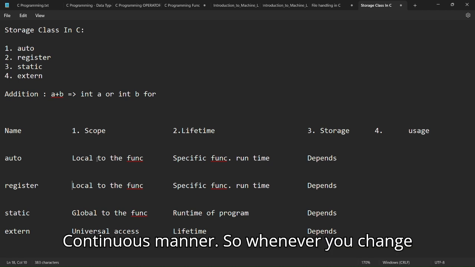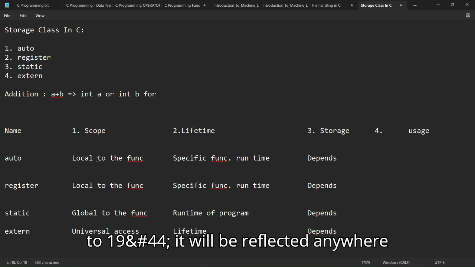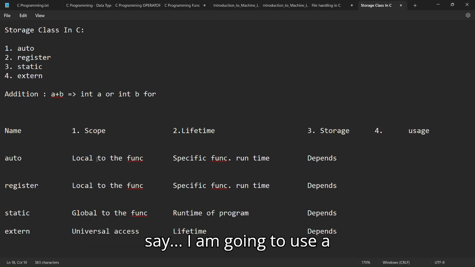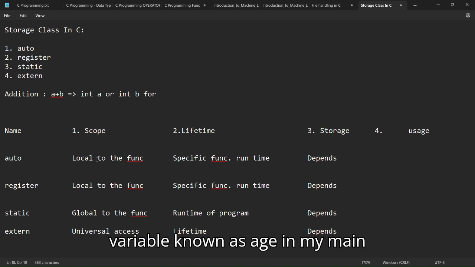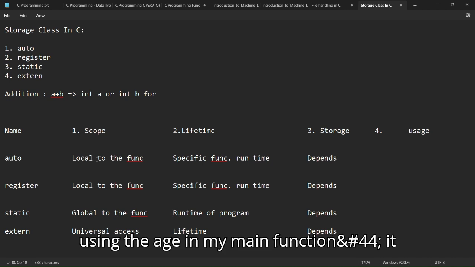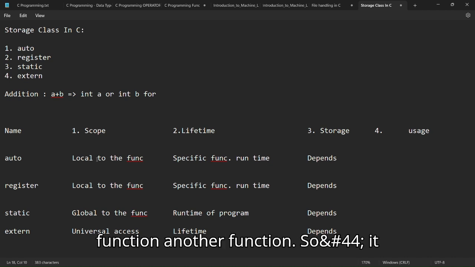So whenever you change any value for that variable, for example, I have declared the variable age as 18, and whenever I change it to 19, it will be reflected anywhere in your program. For example, say I am going to use a variable known as age in my main function. If I am using the age in my main function, and I am going to access it outside the function, in another function,